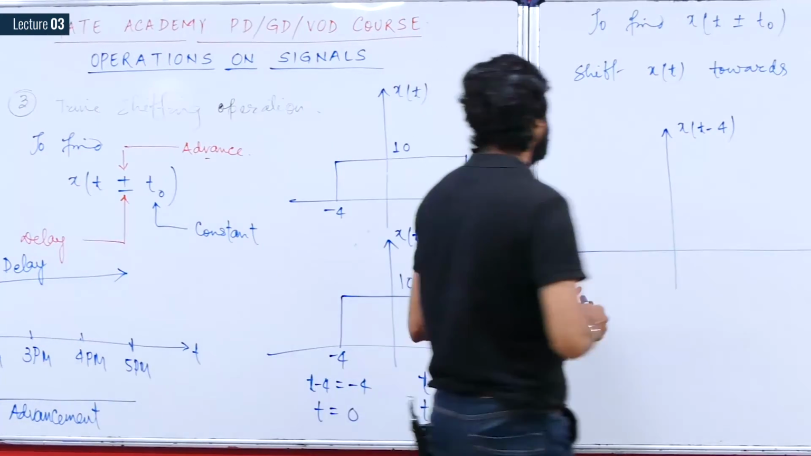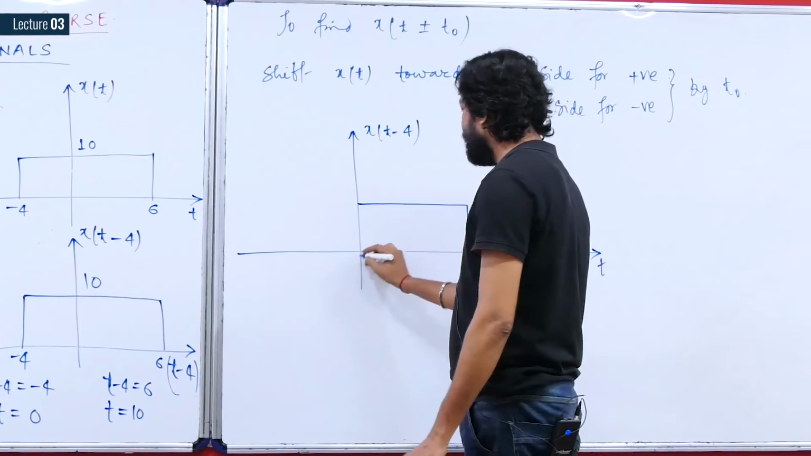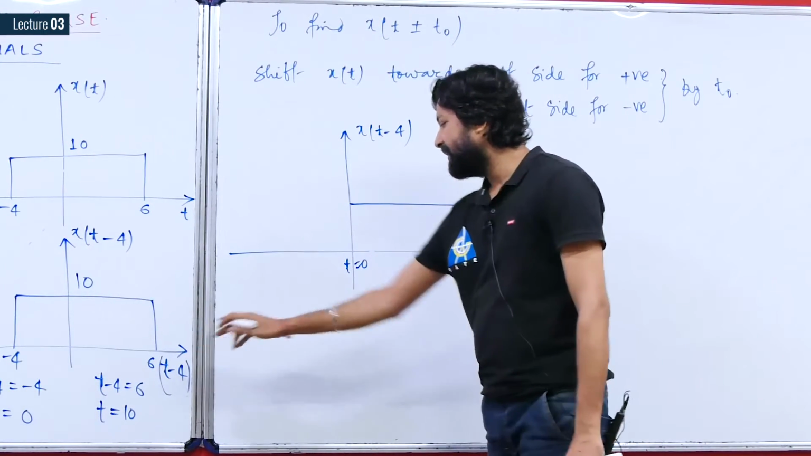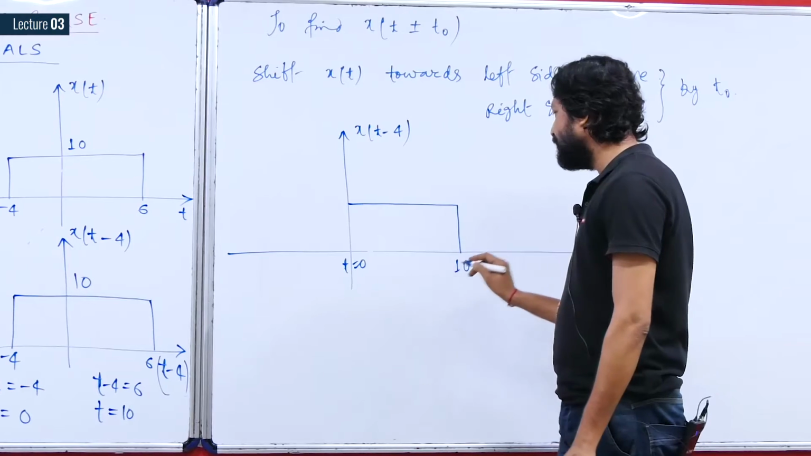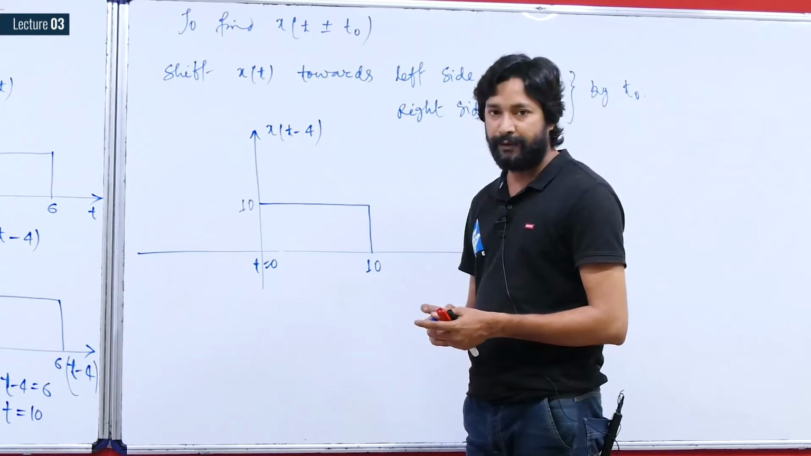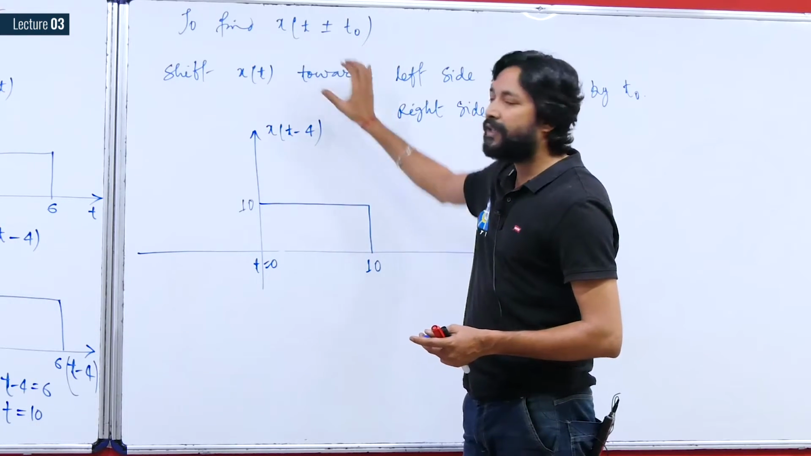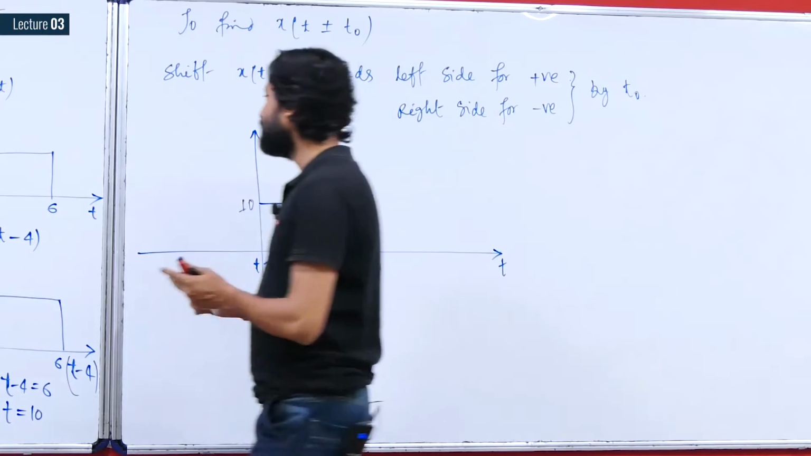Therefore, now if you have to plot signal x of t minus 4, then this signal will exist from t equal to 0 to t equal to 10 seconds, without altering any change in this value, that is, the amplitude will be fixed at 10 only. So now, if you verify the signal using this concept, what you have to do,